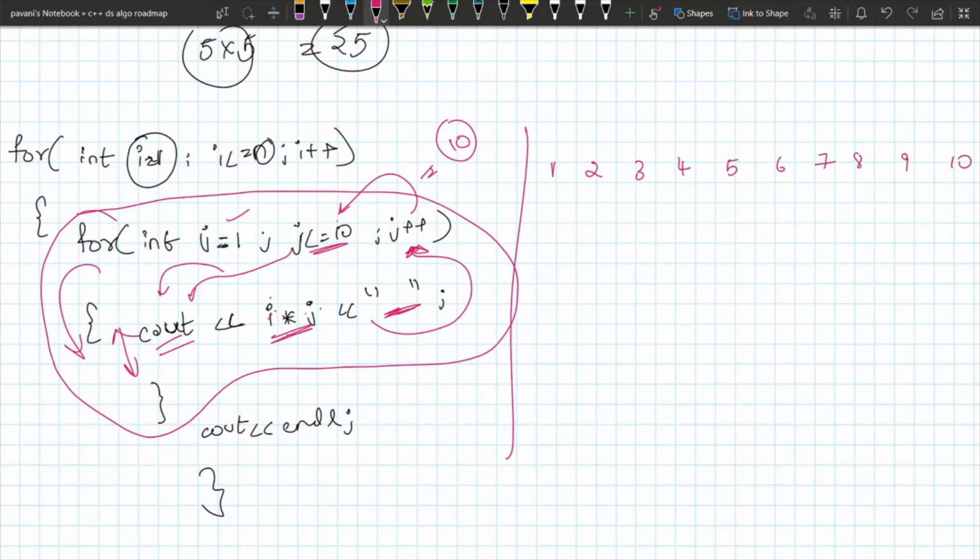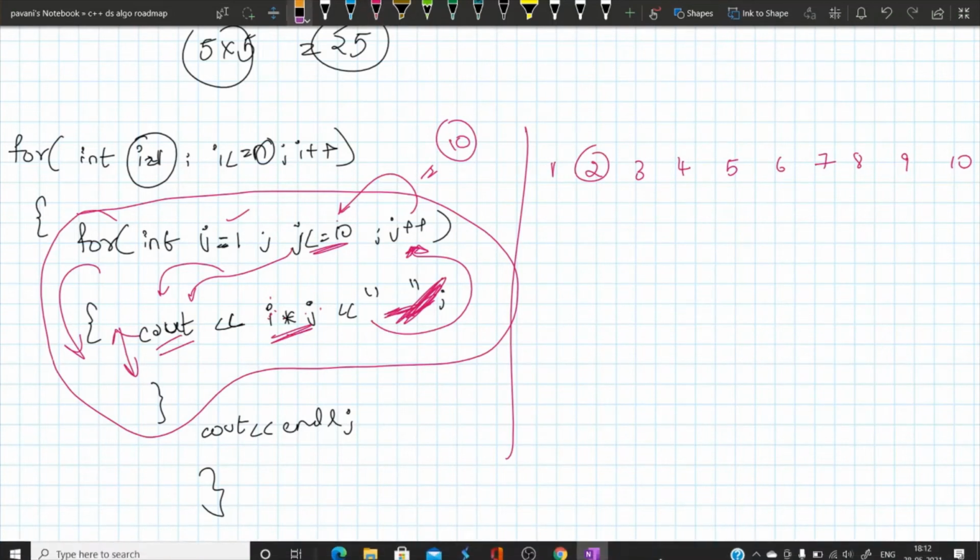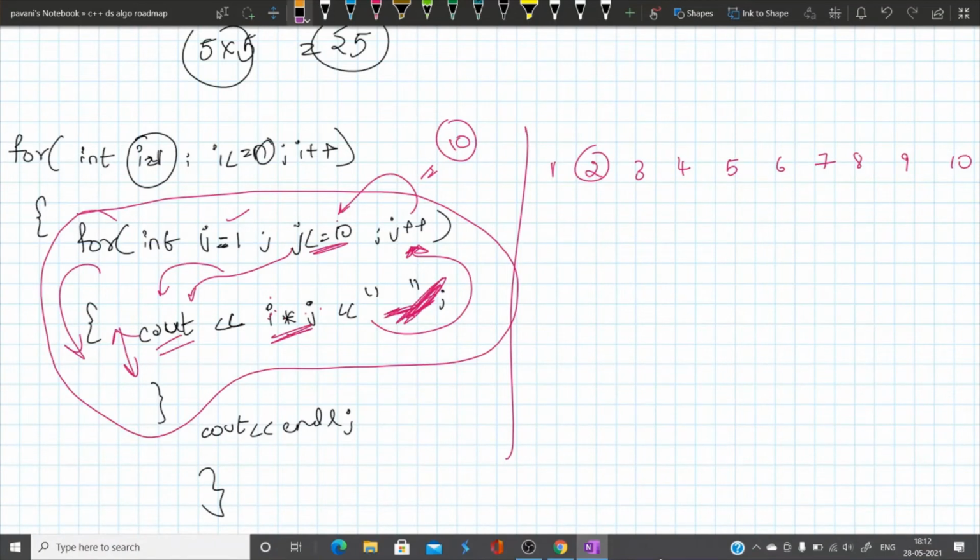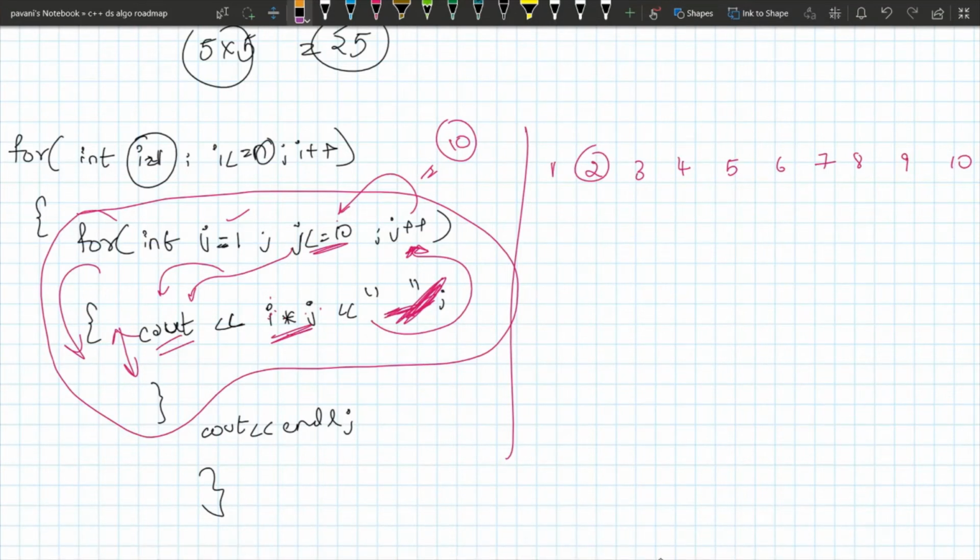Then I wanted to print the second table in the next line. Where do I have to put endl? If I put the endl inside the inner loop, for every j iteration it takes the next line. That means 2 comes over here. No, I don't want that. I want the entire next table to come in the next line. That is why I have written cout endl here, right? I think you understood this.